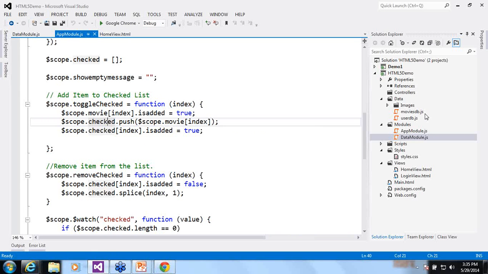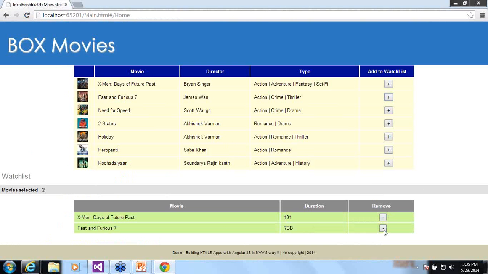This index gets passed to this function. Then I will iterate through the array with the help of the index and set the isAdded property to true. I will push this object into the new array, that is the checked array, and finally make its isAdded equal to true.